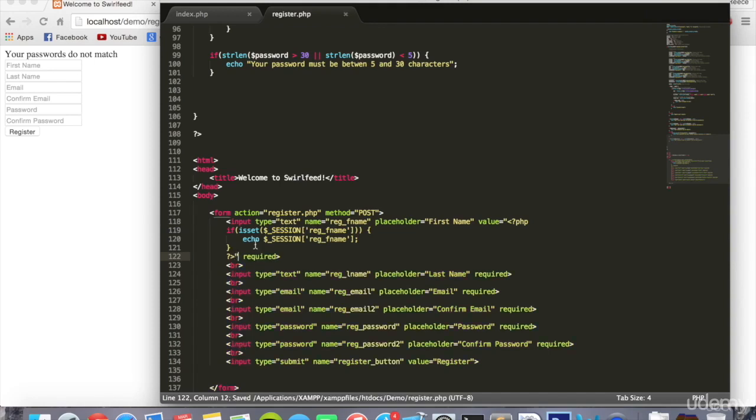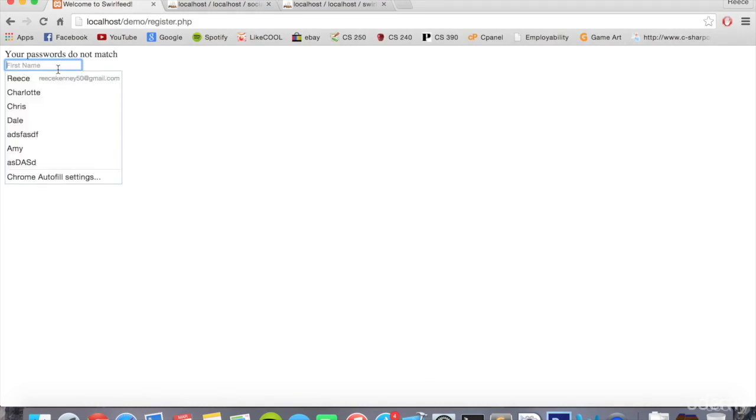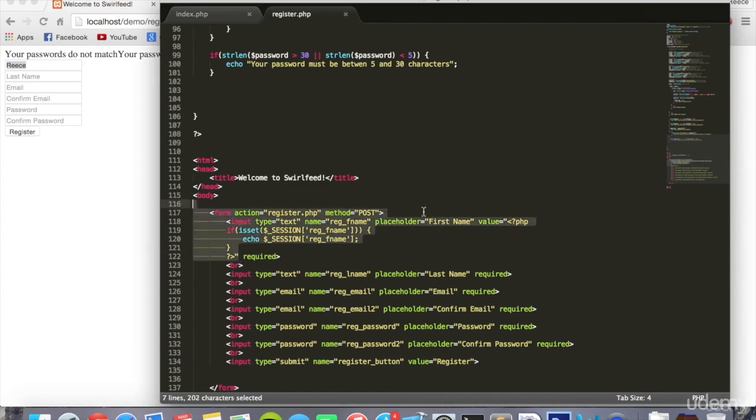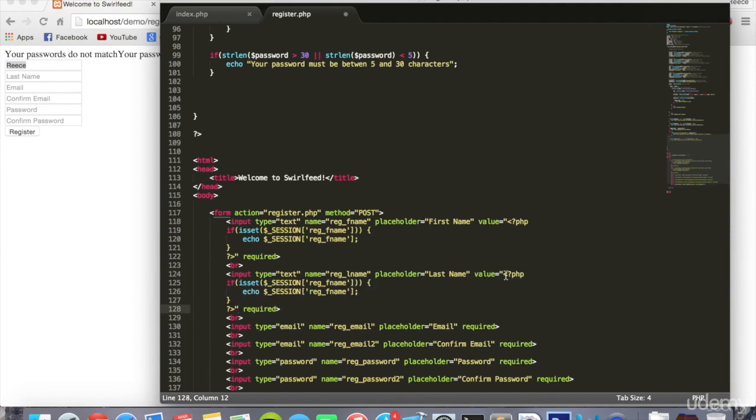Okay, and that's it. Now if I show you what that does, I can type in my first name. Okay, and the emails, passwords don't match, so notice how the name has stayed behind. It saved the value for first name and it saved it there, so I won't have to re-enter that. And we can copy and paste that for the rest of the fields. So the value equals, you can put it just before the required word. So value equals, if isset session lname, we can do the same again for email,